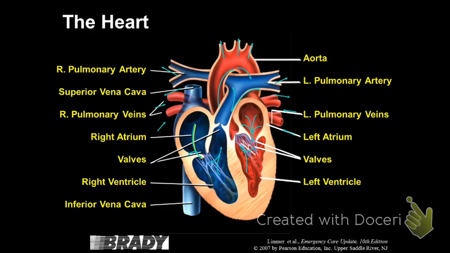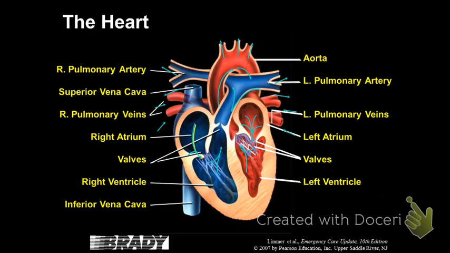So the blood is in the ventricles, and they contract. When the right ventricle contracts, it pushes blood up through the pulmonary valve into the pulmonary artery. Remember, the artery carries blood away from the heart, so it does still fit the definition of an artery. From here, it takes it to the lungs, and it goes through the pulmonary system, the lungs, where it's